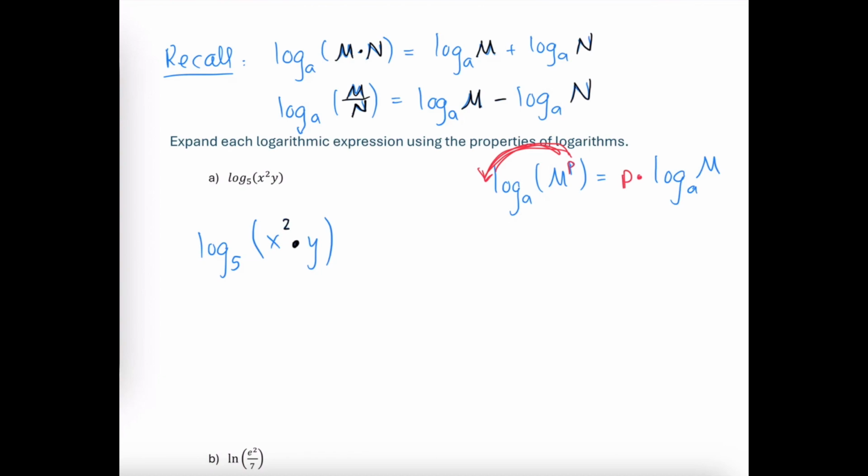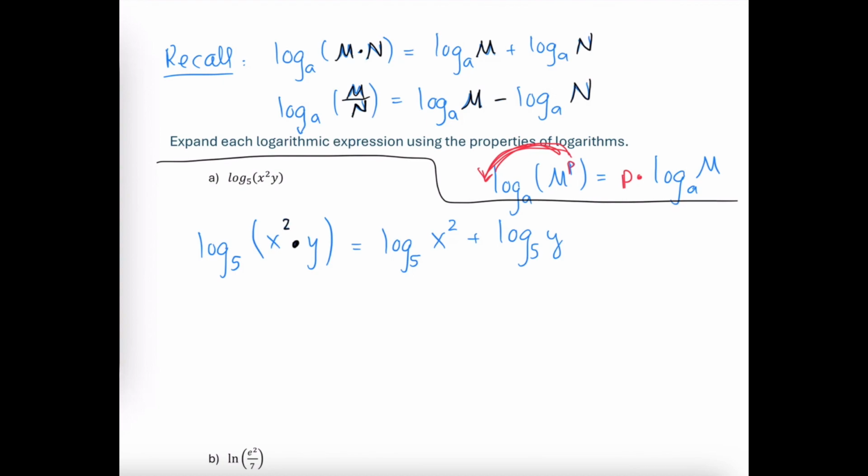The first thing that we have to do is split this up because of the product. So we'll say this is going to be log base 5 of the first factor, which is x squared, plus log base 5 of the second factor, which is y. And let me delineate here to say that we're working now in part A. Now that I have it split up into the sum of two logarithms, now we can look at this power 2 as being a power on the entire argument of this first logarithm, and now we can use that power rule, or the rainbow rule,